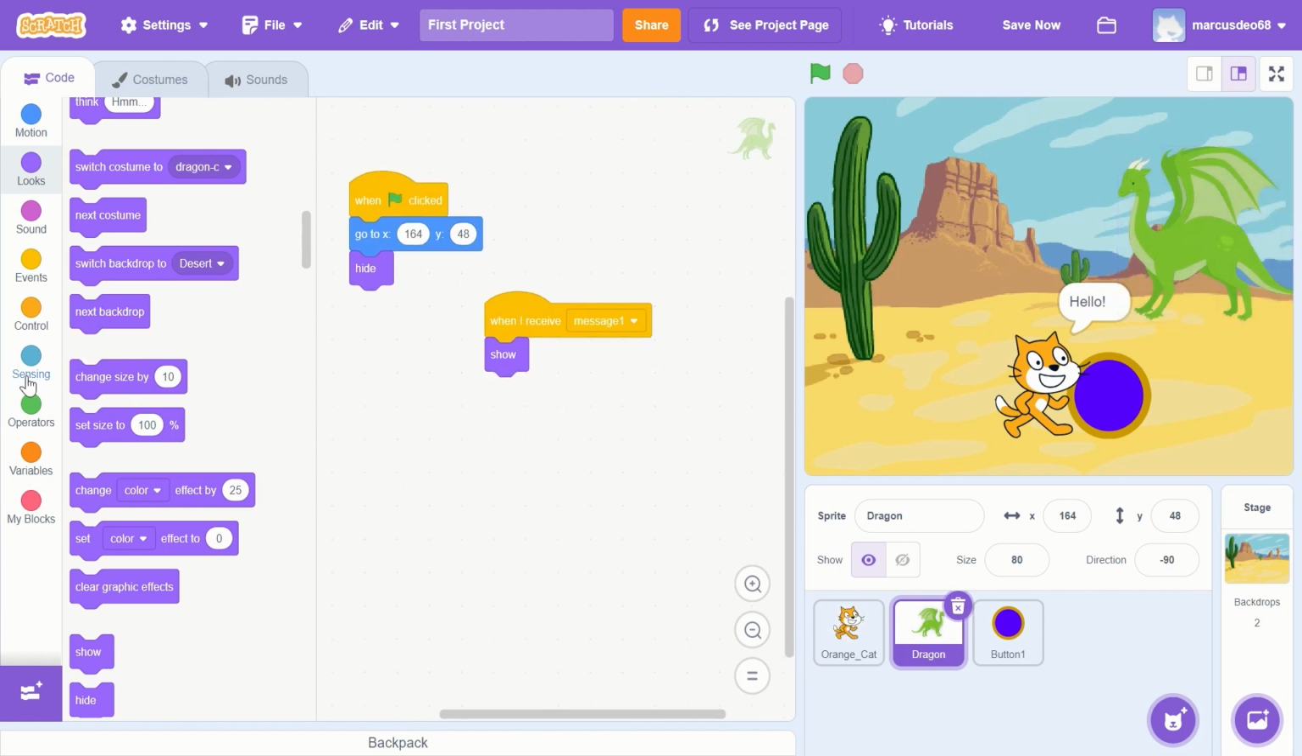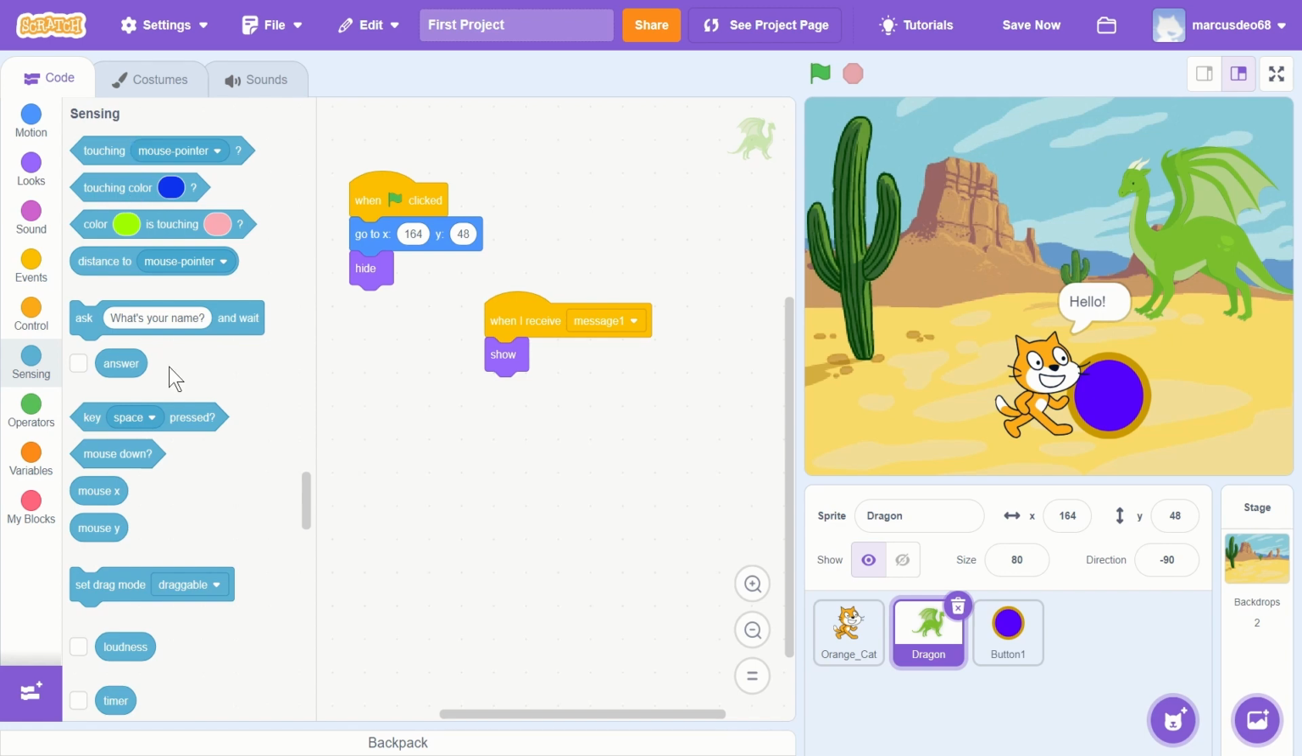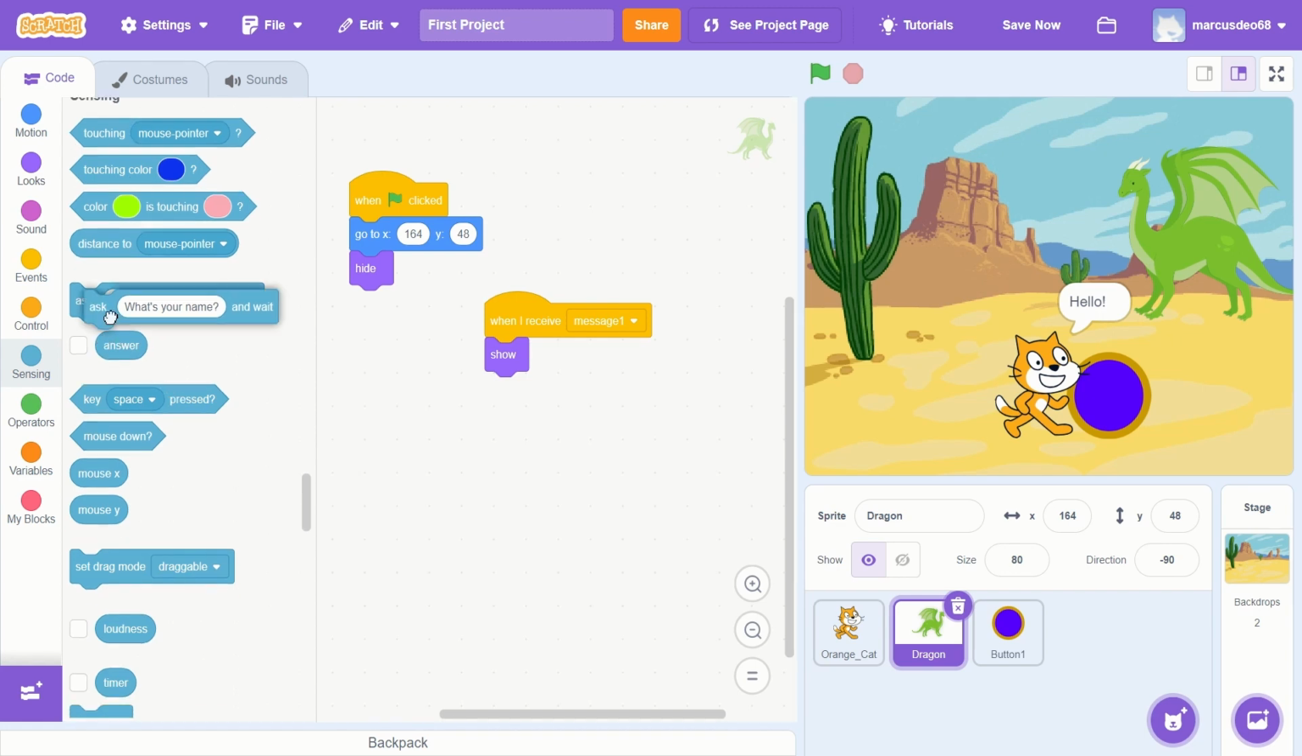And now we can have the dragon actually interact with the cat. Actually, we'll have it interact with the user. I want to use blocks from the sensing blocks. And that's going to be another very important block that we're going to use. It's going to be the ask block. This is what's going to actually interact with the user. The user now gets to answer something. And we'll say, do you know this cat? Question mark. And then we can say enter